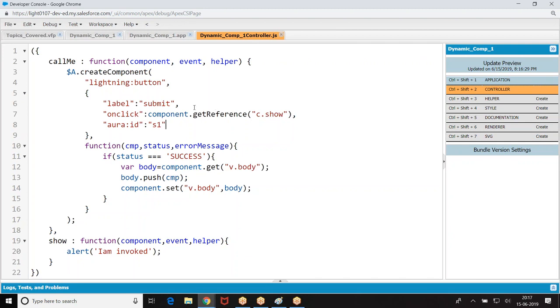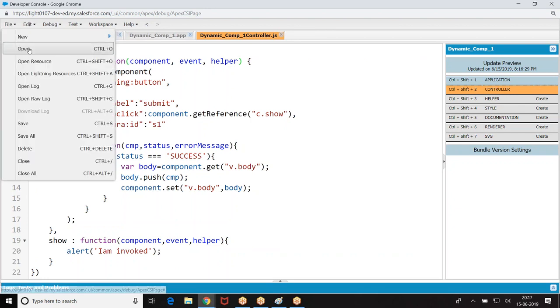Now, let us move on. This is a standard component. We can also use any custom component and add it. We're just looking at the basic way of invoking it. We'll see the business use case. Here, we saw how to add a standard component. Similarly, we can also create custom components. Let us look at one of the existing examples that we created.